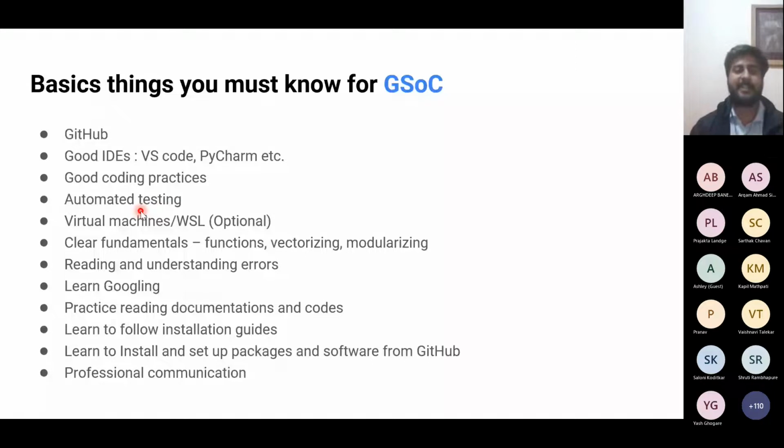For example, first is GitHub. You all have to learn how to use Git because most open source software will use GitHub. So you need to learn how to use that. Some good IDEs like VS Code, PyCharm, etc. Basic good coding practices, and also testing frameworks, how to do automated testing. All of these things you can learn by doing, but it's best if you know them